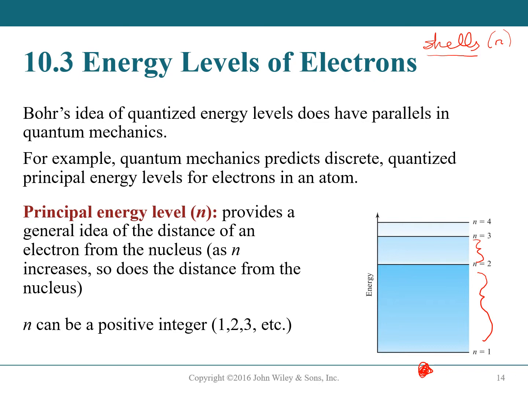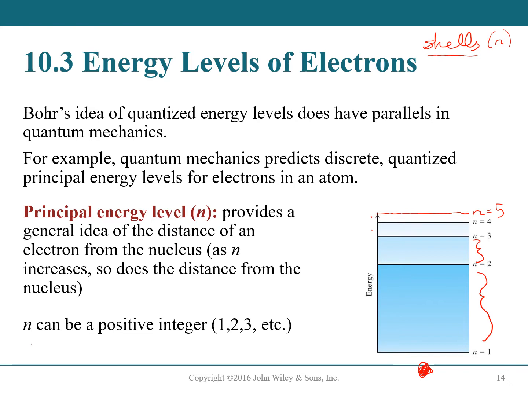N equals 5, if you look at that, this energy difference here is smaller than this one. So each step you take, there are smaller and smaller differences in energies. So when we look at our principal energy level, our principal quantum number,